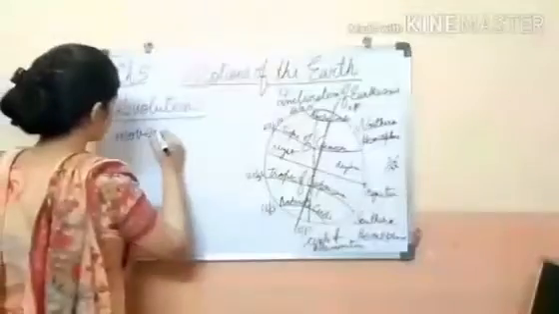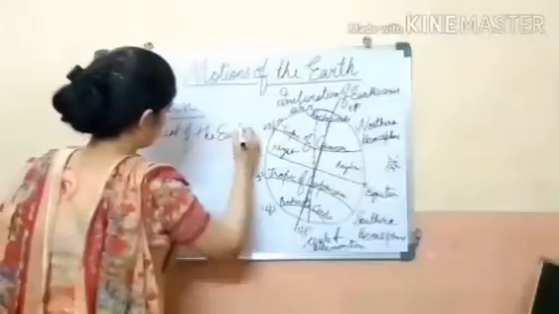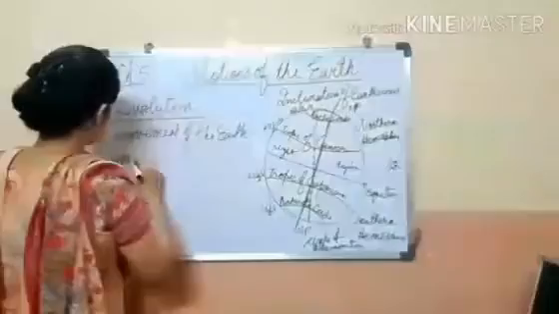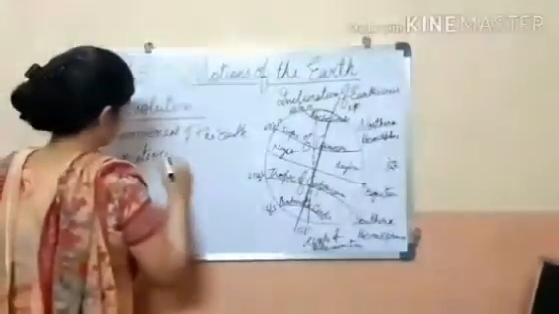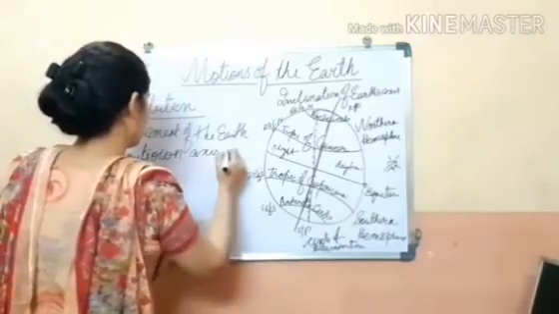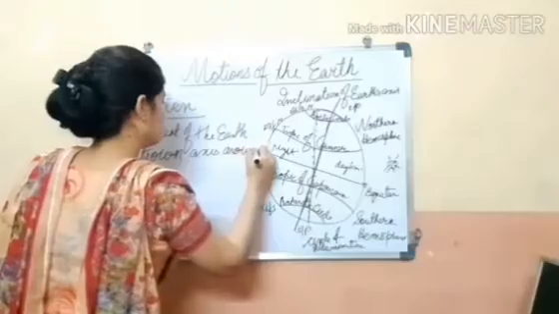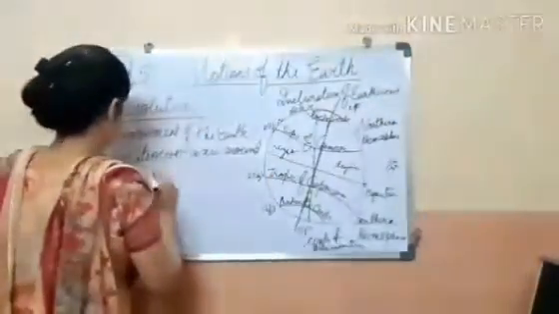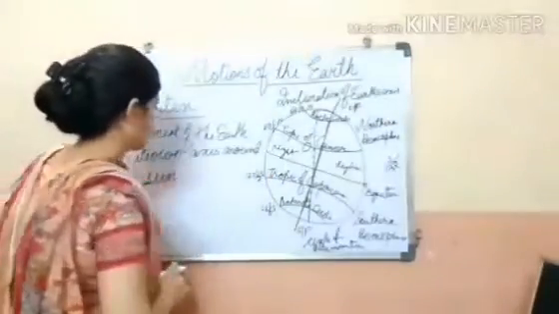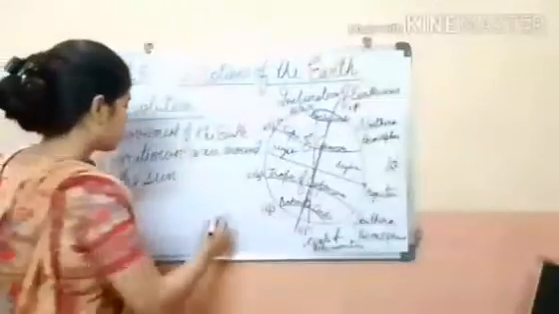So movement of the earth on its own axis is rotation, and movement around the sun is called revolution. Now if you remember the solar system, if this is the sun